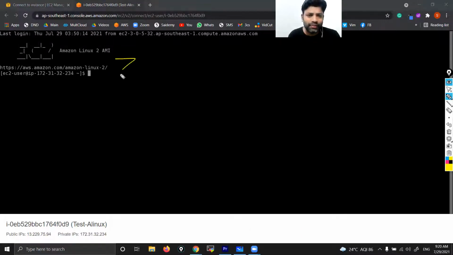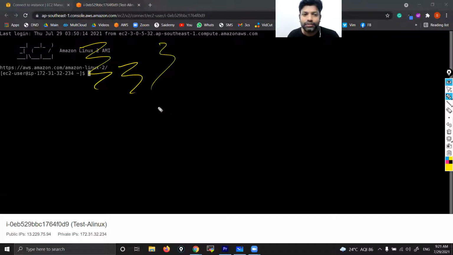Now you might be thinking this is a very easy way, then why are we using PuTTY, PuTTYgen, MobaXterm and all. Here you won't get many advantages. Increasing and decreasing the font is not so user friendly, and you can't change the color of these things. These are some drawbacks. So that's why people are not using this one. Understood?